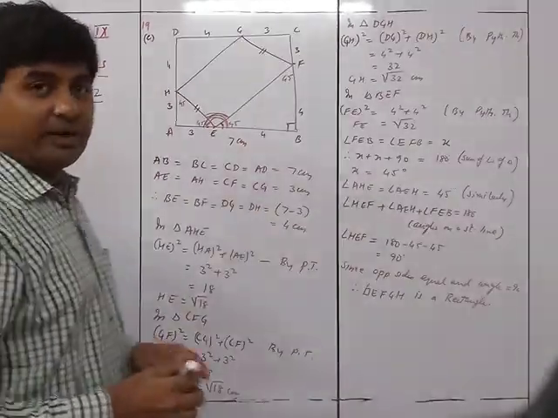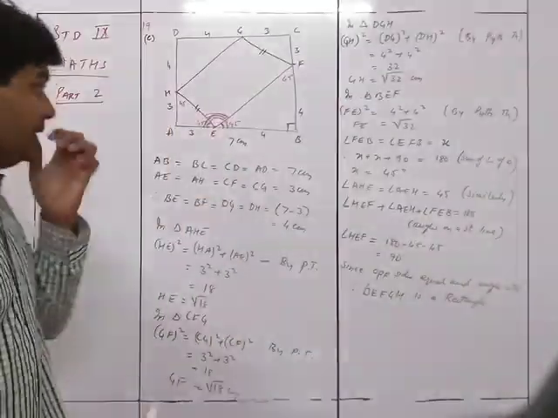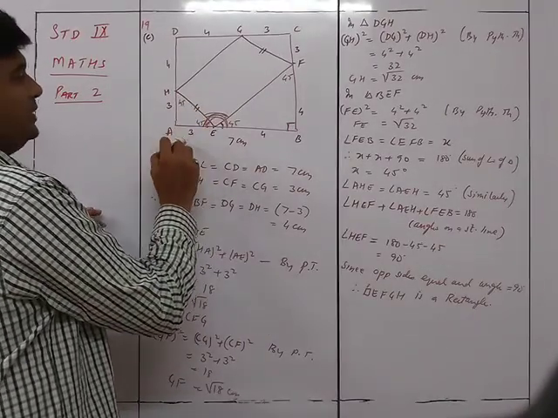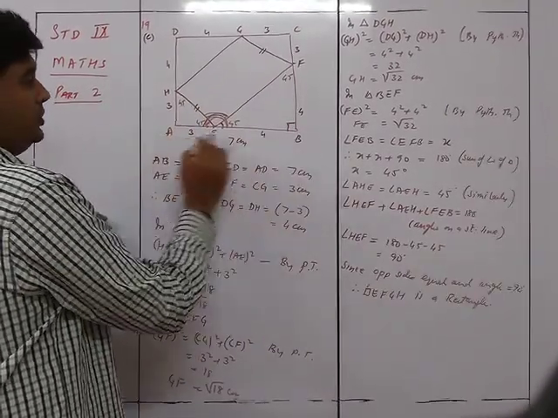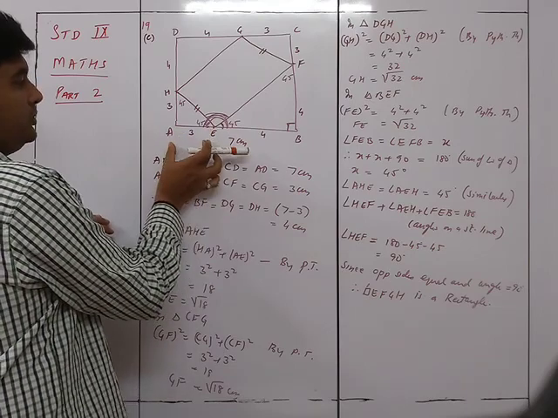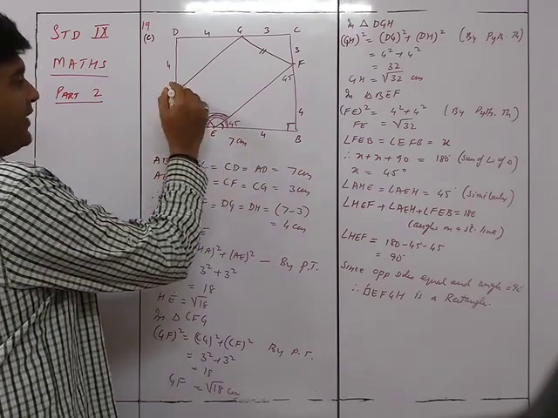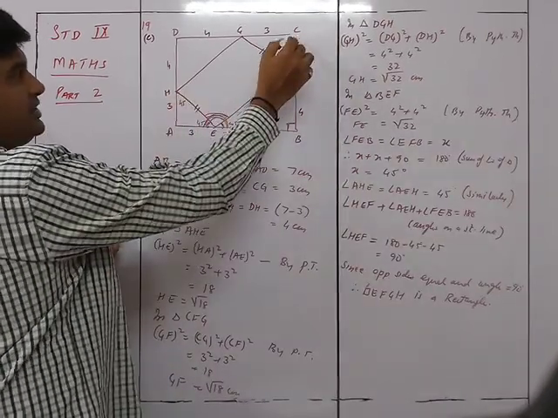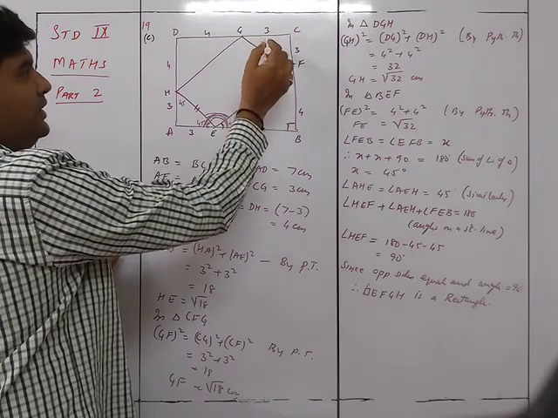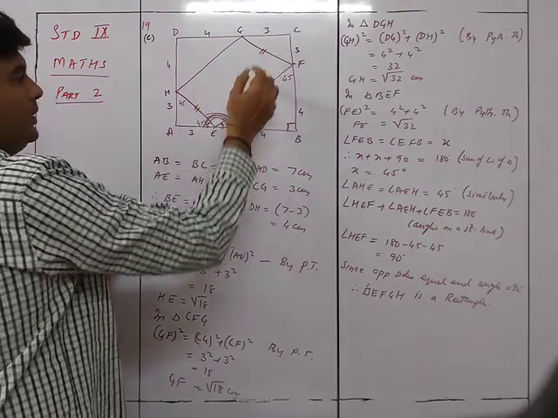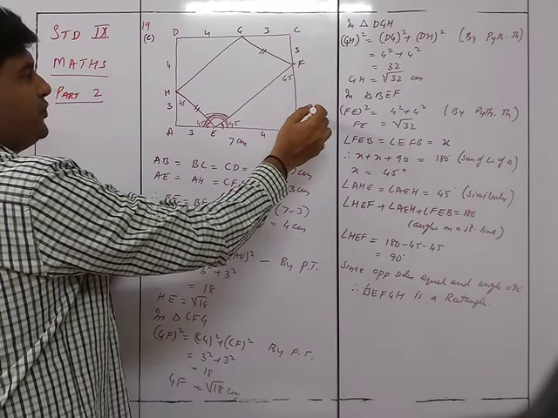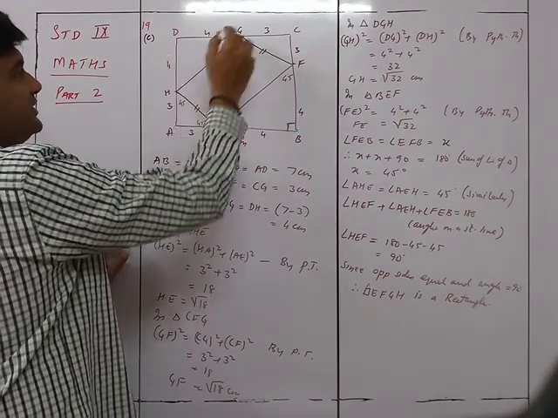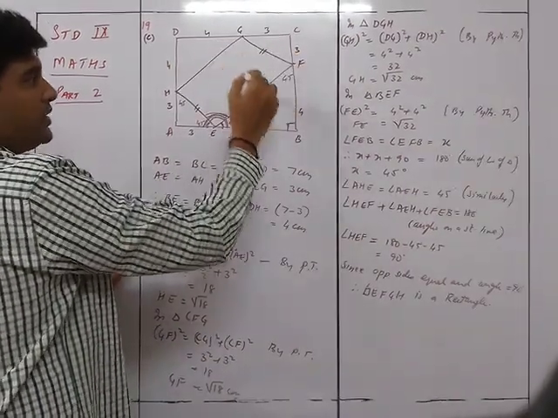Okay, let's just come back to the whole thing. This is given as 7 and this is given as 3, so this will be 4. Accordingly, you can find out this side. This is 3, this is 3. So you found out this side. You found that these two are equal. This is 4, this is 4, this is 4, this is 4. Therefore, this is equal to this by Pythagoras theorem.